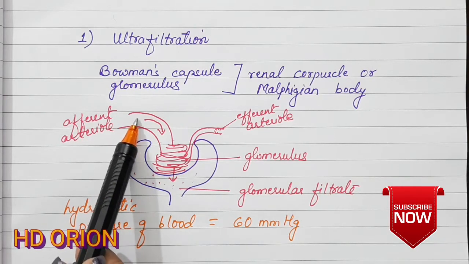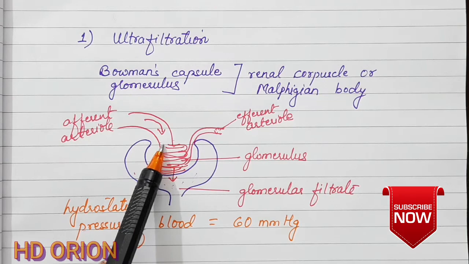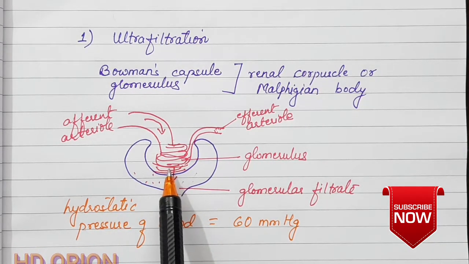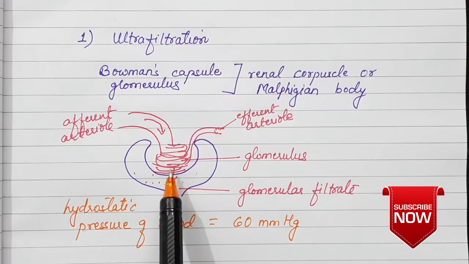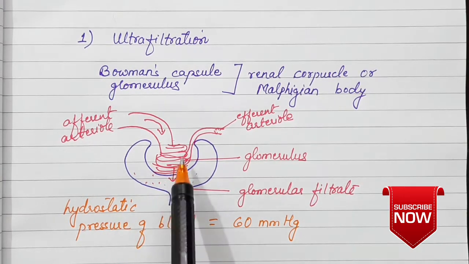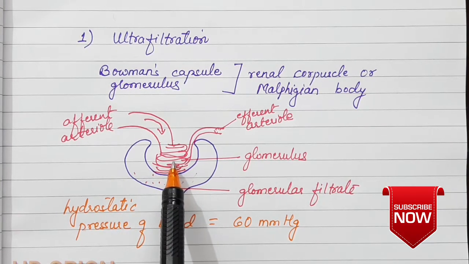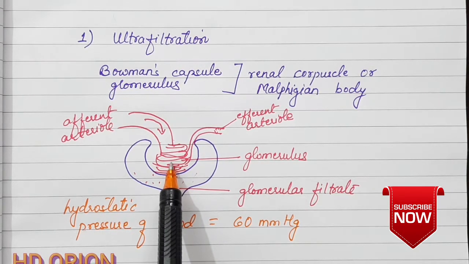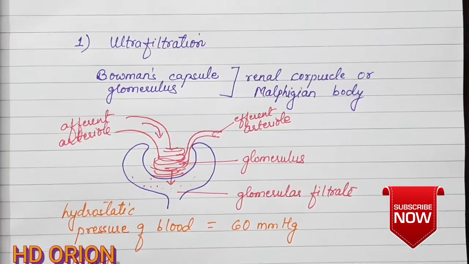So it is the pressure by which the blood is entering through the afferent arteriole. And since the blood has many plasma proteins, inside this glomerulus there is one type of protein which is known as albumin. Now the plasma inside this blood vessel and this albumin create an osmotic pressure, and this osmotic pressure